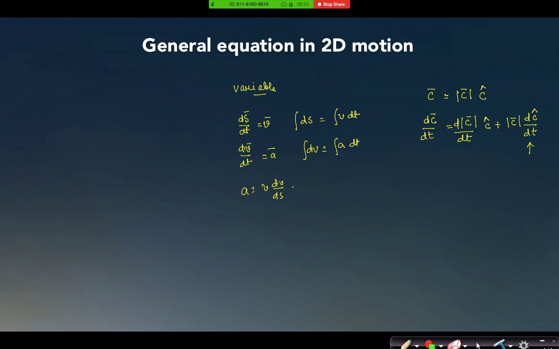How do we differentiate a direction? That is a very interesting thing to study, that we are not going to study right now, but if time permits we will definitely study how we differentiate a direction. Okay, so let's not talk about this part in detail right now. Let us start our slide.